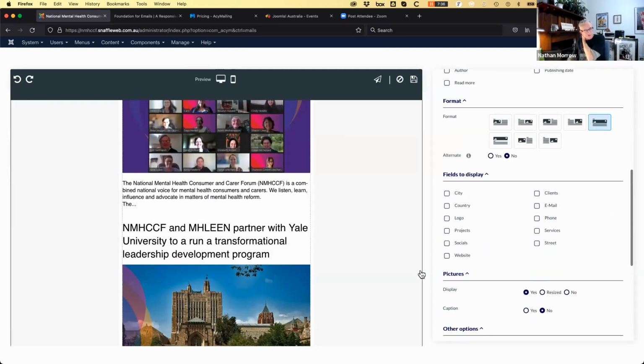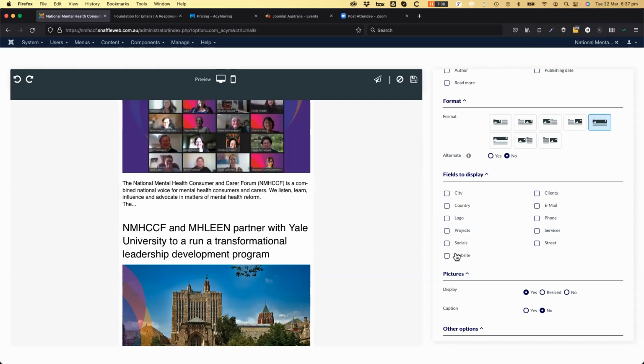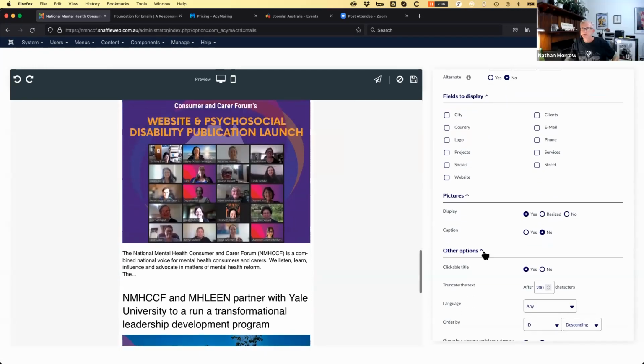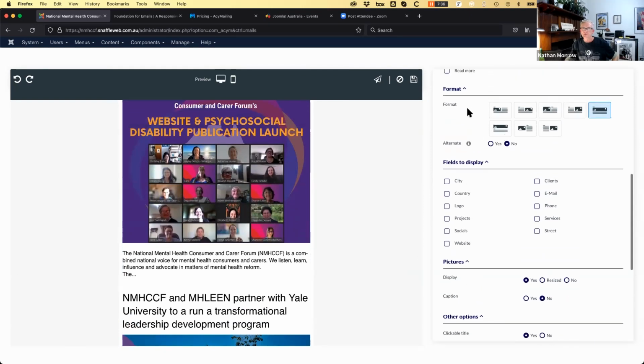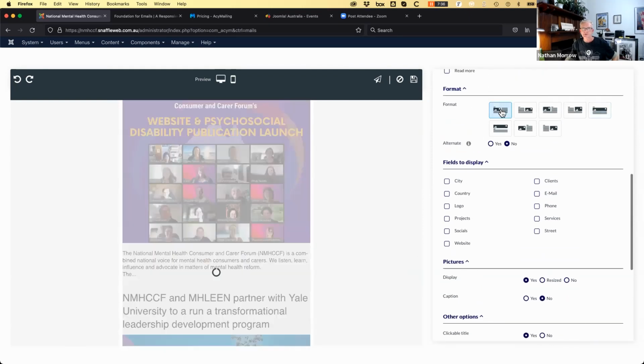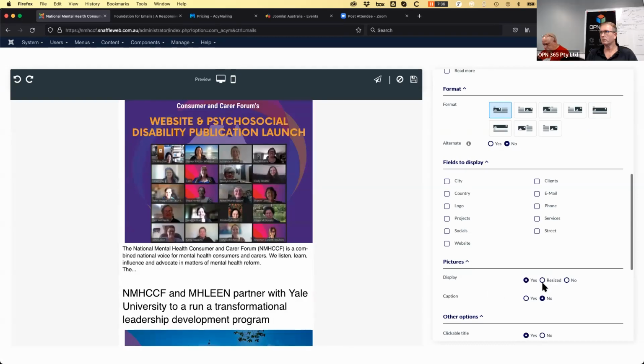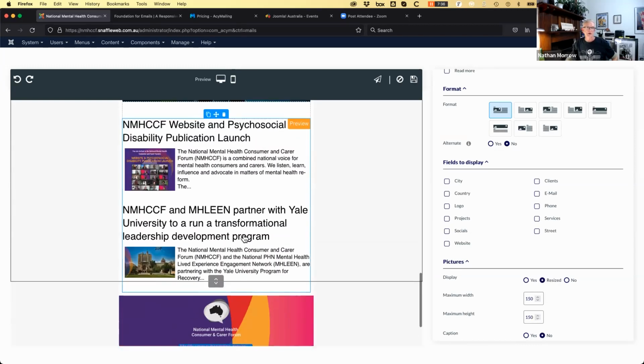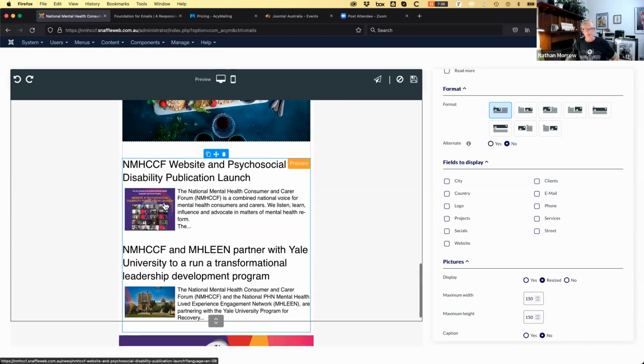And one nice feature is you can also include custom fields into your newsletter from Joomla articles. Okay, yeah, so nice little features. They have these different layouts. The image didn't change before because I've got it set to display the full image rather than resize. So if I change that to resized, I'll get a little thumbnail image on the left for my articles.